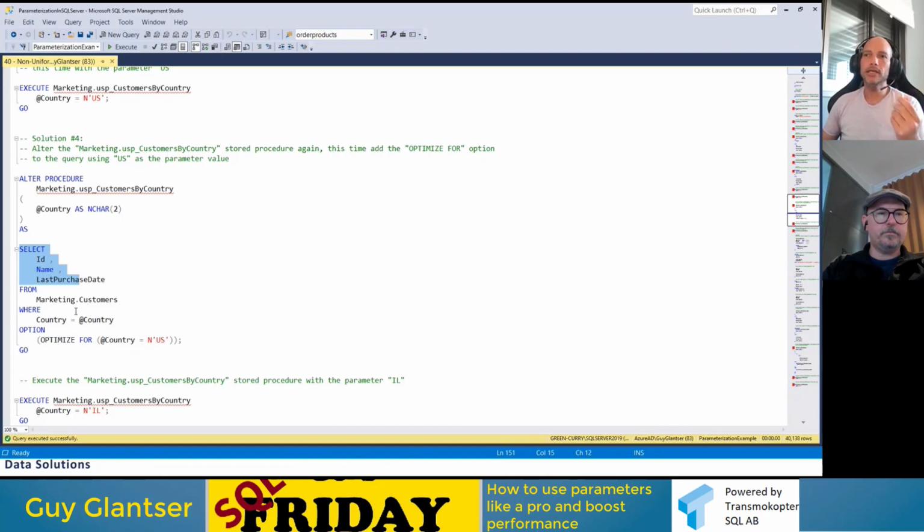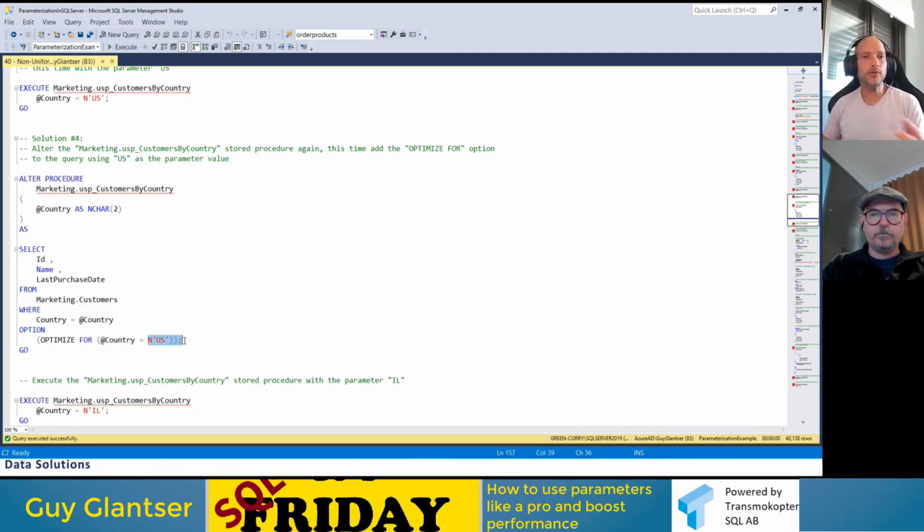And what you say here is, I instruct SQL Server, instead of parameter sniffing, instead of sniffing the actual value used here during compilation, I instruct SQL Server to always use this value. Okay, ignore the value passed here by the user. When you compile the query plan, always use the value US, for example. Of course, the results during execution time will be based on the actual values passed here, but the plan will always be based on US.